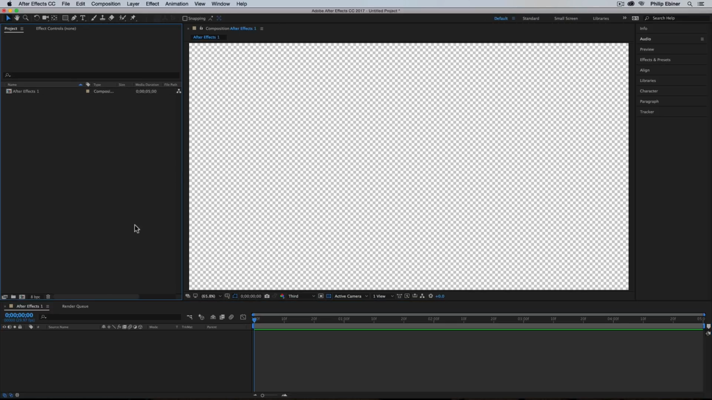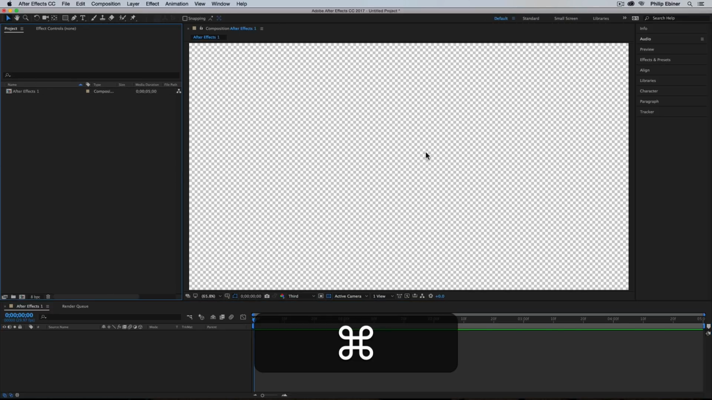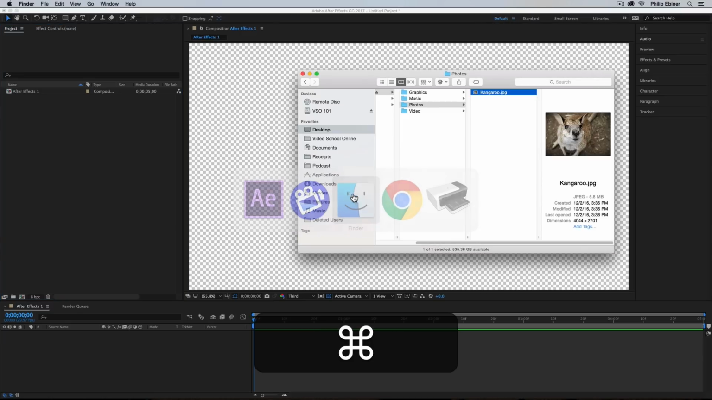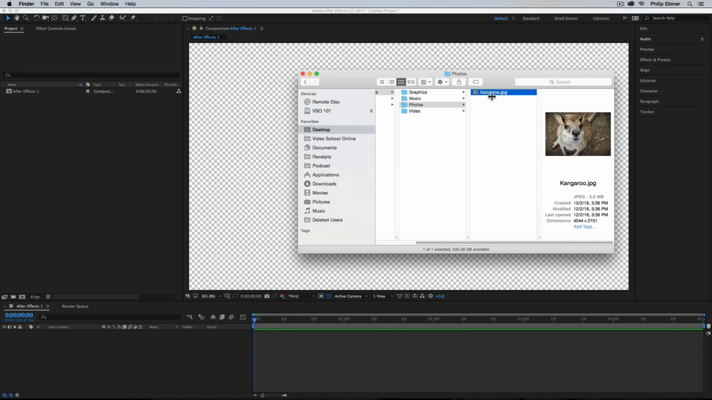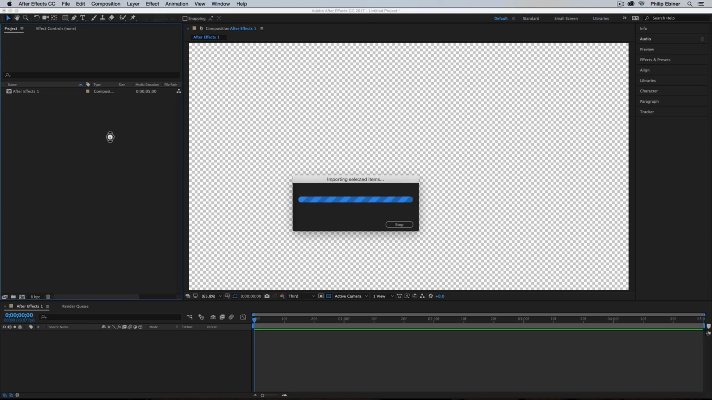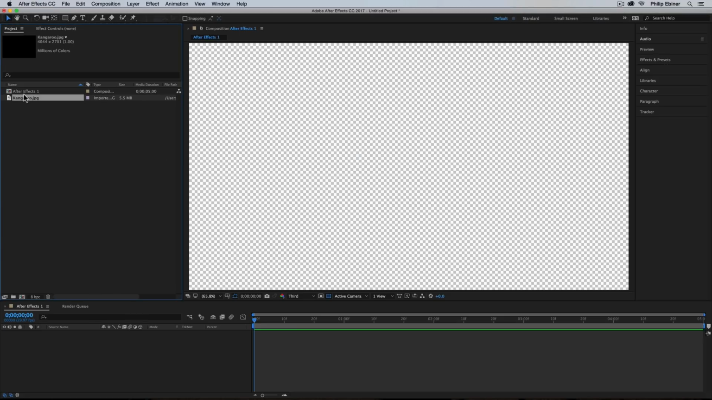To import media into your project to work on, just go to your Finder folder or your Documents folder, and then you can simply drag any asset into your project bin. So for example, if I wanted to bring in this picture of a kangaroo that I shot in Australia, I can just simply drag it and drop it in After Effects. And you can see that when I get that green plus button,